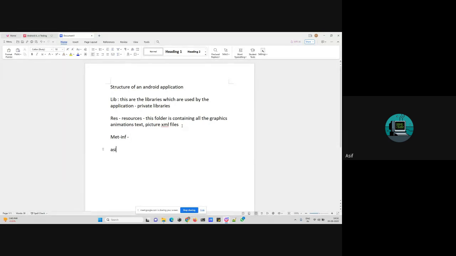For example, this is my application asap.apk. Now this application is having a few certificates, and all these certificates are inside this META-INF folder. Am I clear, guys? So this META-INF folder is basically the folder where all the digital certificates are. This folder contains all the digital certificates